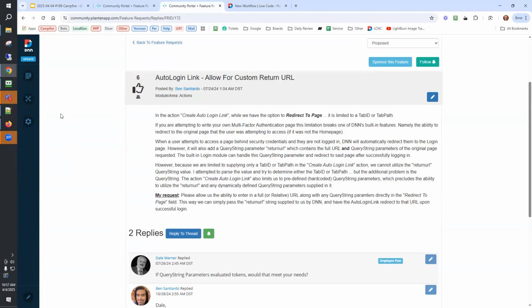I would love something as simple as a text box where we just explicitly give the path to where we want the user to go. The main reason is that when you go to a DNN page and you have to log in to access that page, DNN natively throws a parameter on the URL called return URL, and fills it with whatever the original page was you were trying to go to.